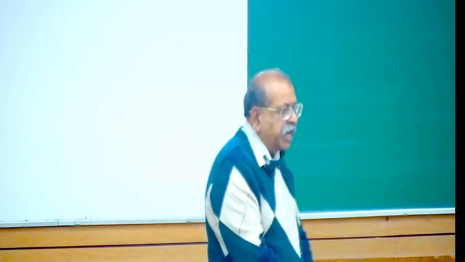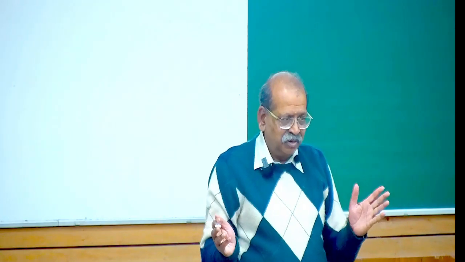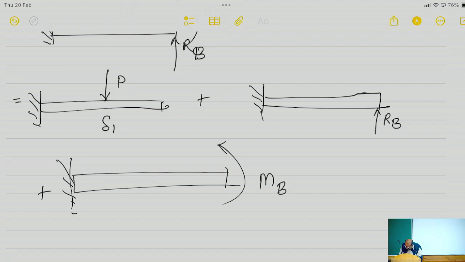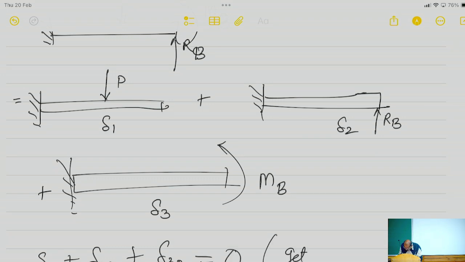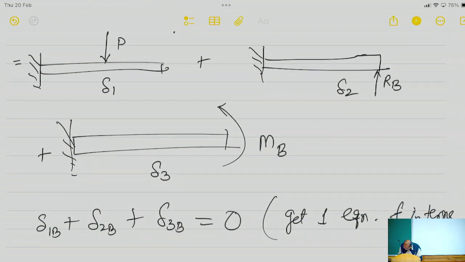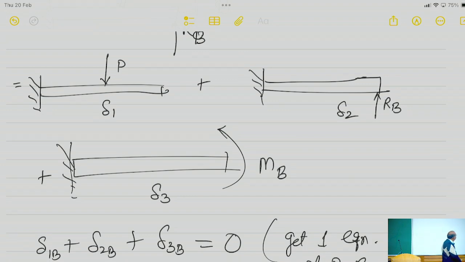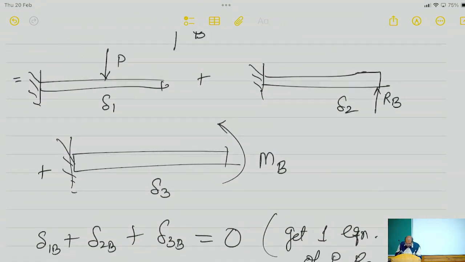Why? What is the deflection at B? It must be 0. So what I am going to do here is I will obtain, this is delta 1, deflection here is delta 2. So delta 1B, so this will give us one equation in terms of P, RB and MB. Where will I get the second equation from? The second equation here is going to come from the fact that